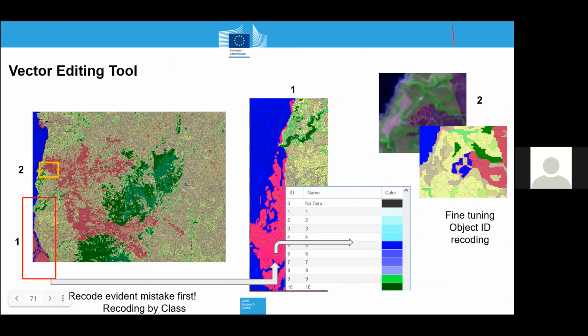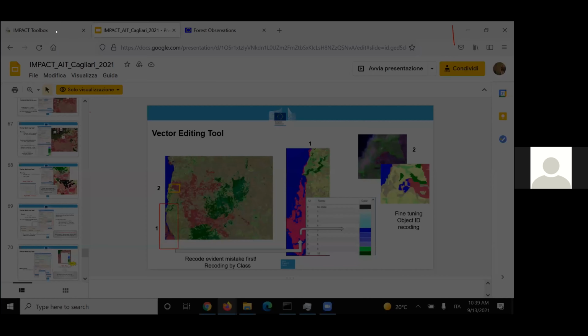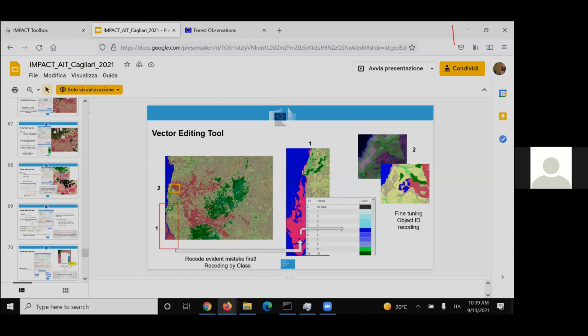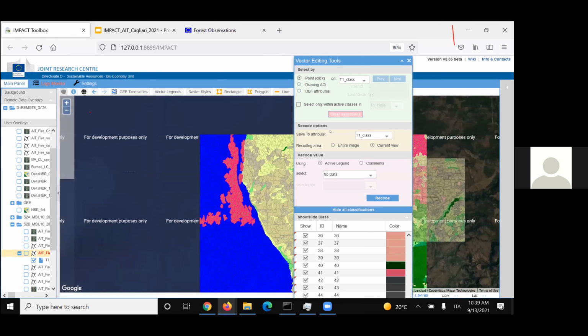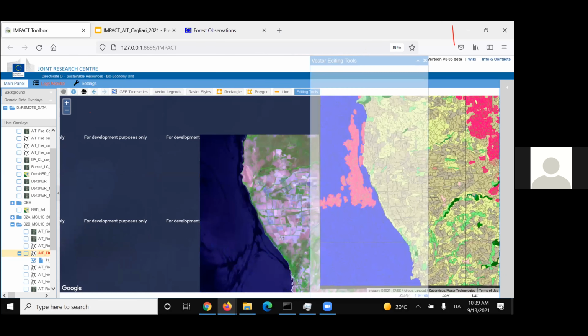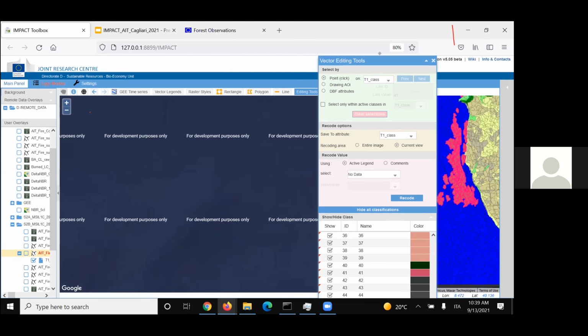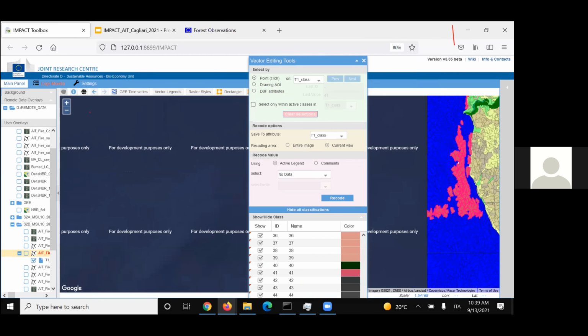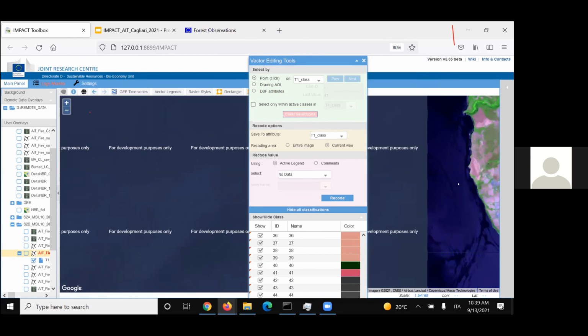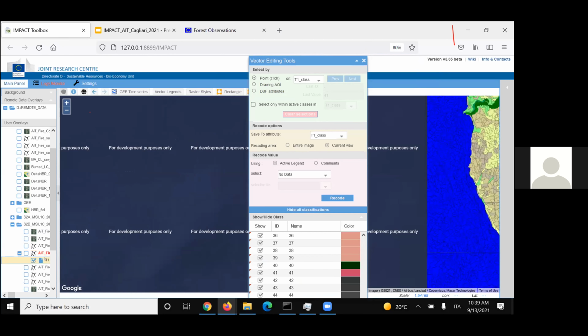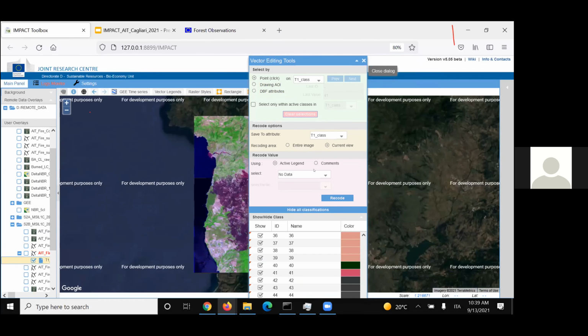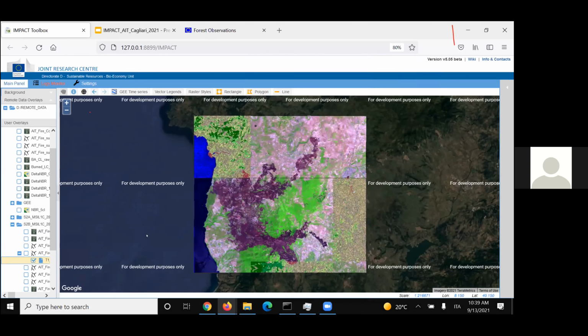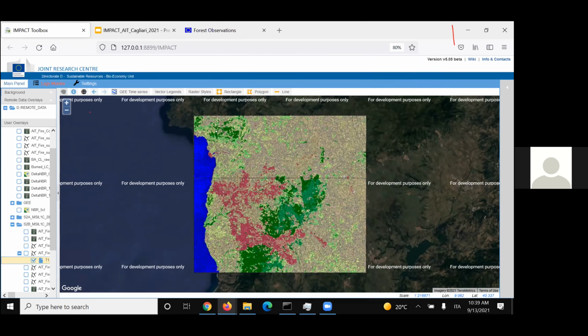Second, recode evident mistake first. So if there is a class that in water is not correct, just go and recode it. So again, okay, I'm gonna recode quickly also this part. I just moved the image, the map there, right click, and I'll recode to water. Now, when I go back to my map extent, I already have, okay, a classification that is more or less okay, but still a lot of